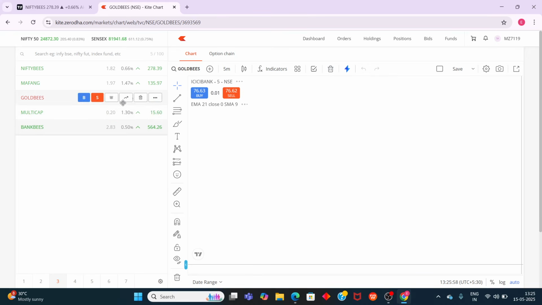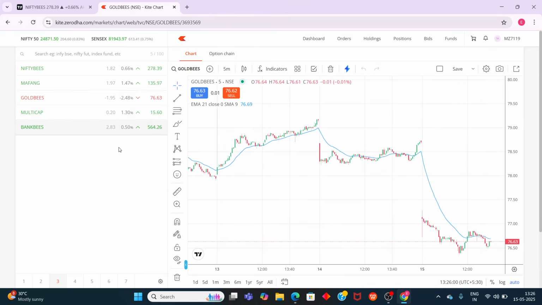It has fallen minus 2.48%. So Nifty Bees, you can see that it's up by 0.67, FANG 1.47, Multicap 1.23, and Bank Bees 0.50. However, Gold Bees, as we had discussed in the previous video as well, usually when Nifty stocks or any stock goes up, gold will act exactly opposite. And you can see the same in today's market. So Gold Bees has fallen